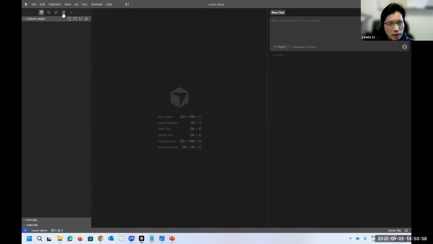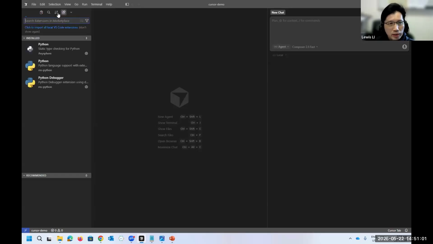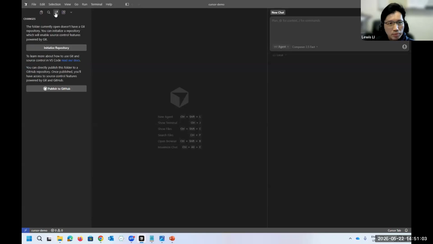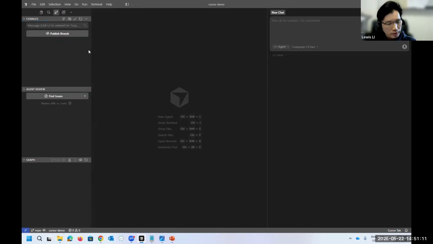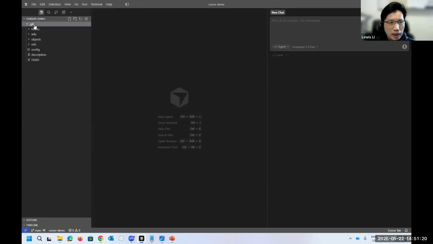Click this icon here on the right hand side, and then click Initialize Repository. After five or six seconds, you can go back here and you will see we now have a .git folder here.